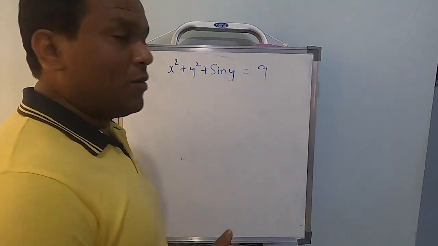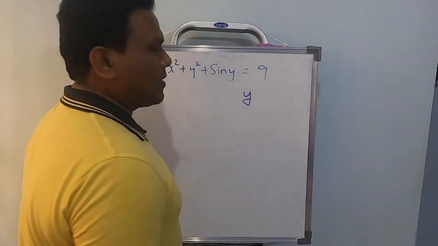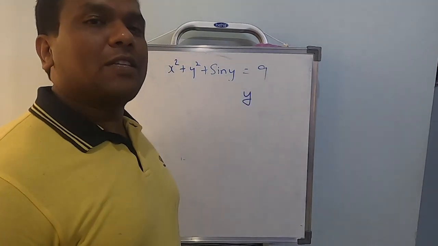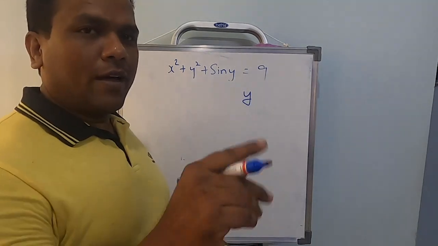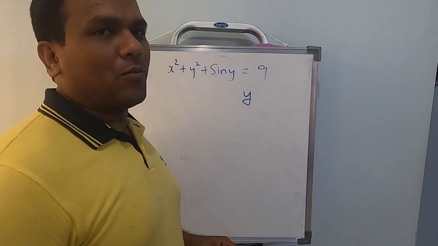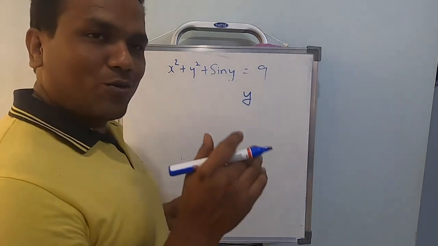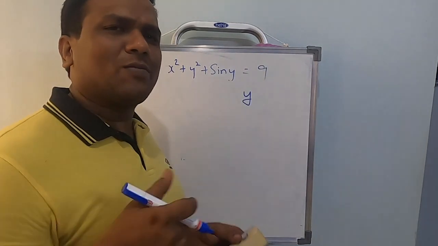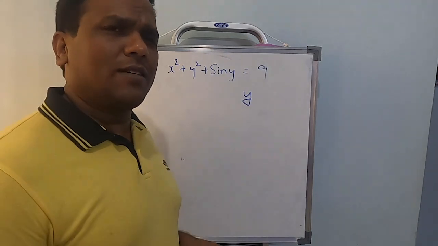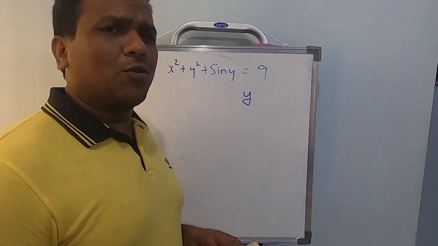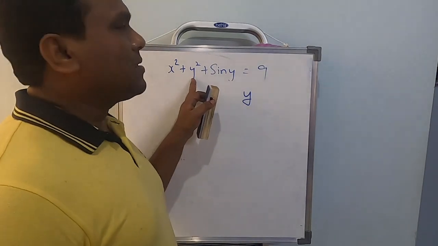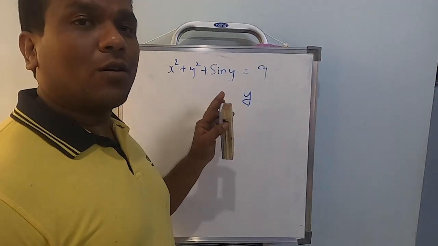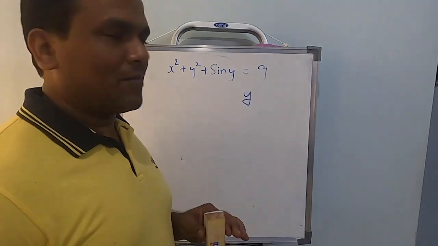So far, remember, we used to call every given function y. But if it's a problem based on implicit function, just notice that a term of y will be given in the problem itself. So in such a case, you do not start with y equal to. So far it's been our practice from the first year till now, every time we say y equal to. Now once you see a term of y, do not call it y once again.